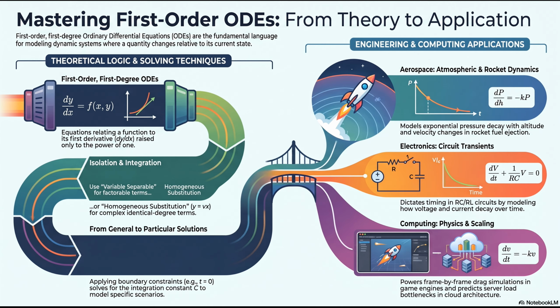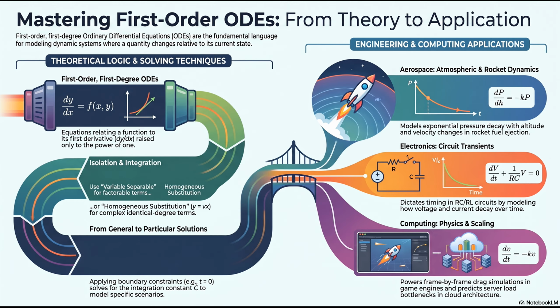Basic physics completely fails a rocket because a rocket is uniquely bizarre. Bizarre how? Well, to move forward, it has to aggressively throw parts of itself, specifically ignited fuel, backward. Right, the exhaust. So a rocket's mass is literally vanishing second by second as it burns fuel. Oh, wow. I hadn't thought of it like that. Because its mass is constantly dropping, the force required to accelerate it is also changing every single millisecond. So a static equation just can't keep up. No, a static equation cannot handle a mass that changes while the object is moving. That continuous chaotic relationship between velocity, mass, and time can only be formulated and solved as a continuous first-order ODE.